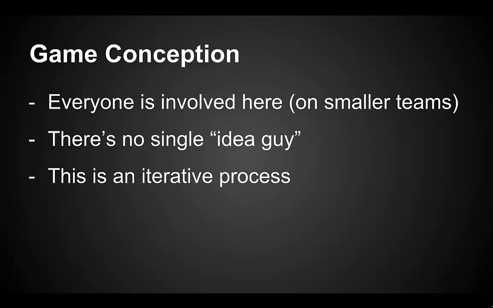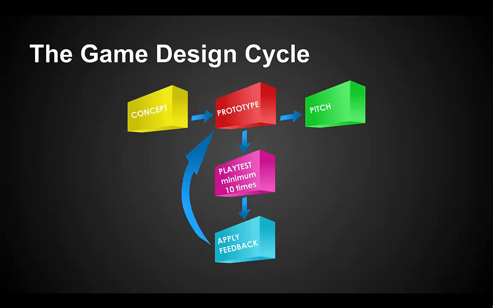It takes some time to come up with something good, and then you test it and you try it, and you go back and you think about it more. So this is an example of how the cycle goes. You come up with the concept, you prototype it, you test it, you get feedback on it, you try again. This arrow should actually go more to here, but basically, it takes several times through before you get something really good.